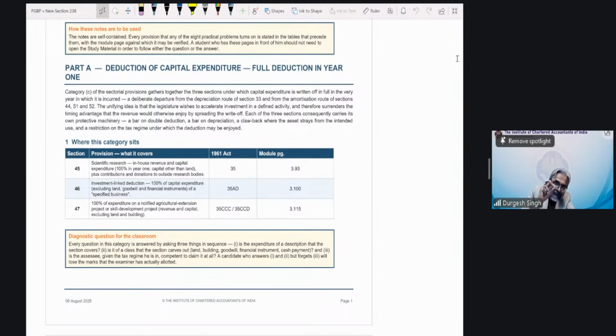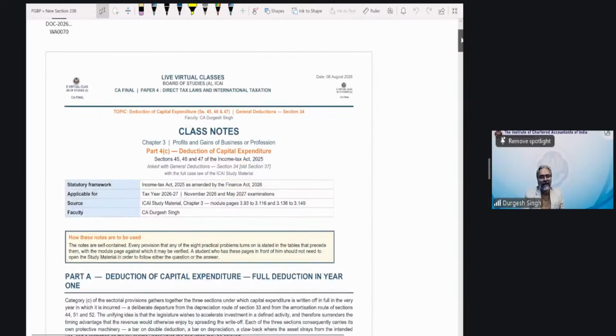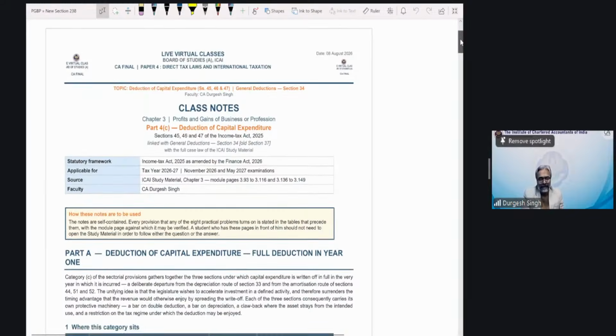So just be very careful about certain things, students, in this context. And these are the adjustments that you have to be careful about. And I will, in fact, now introduce certain important such adjustments in your questions also. So I'll drop those questions wherein these adjustments will be an integral part of it. Now, friends, with that, we are done with this particular part, and now coming to this particular segment